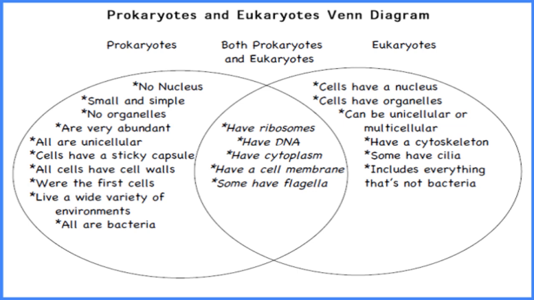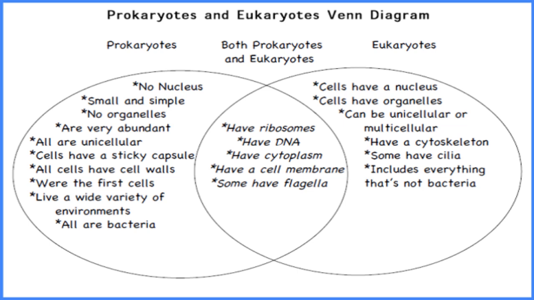This is the figure, a Venn diagram of prokaryotes and eukaryotes. On the left side, you can see all the characters found in prokaryotes, and on the right side, all the characters found in eukaryotes. But in the center, these characters are found in both prokaryotes and eukaryotes. First, you can see that the nucleus is absent, small and simple, organelles are absent, and these are very abundant,